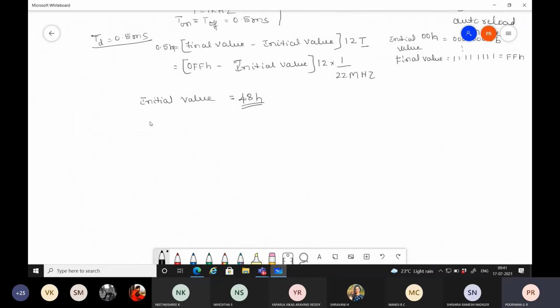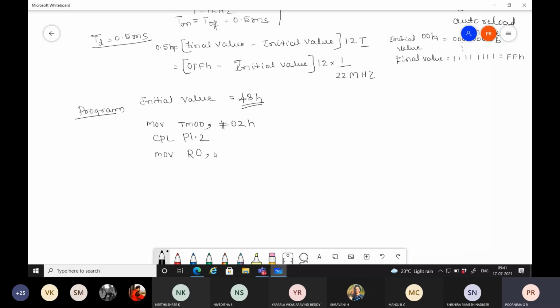Okay, what is the program now? MOV TMOD, comma, can you tell me what is the value that is supposed to be loaded onto the TMOD register? 02H. CPL, complement P1.2, square wave. Move this one to MOV R0, comma,